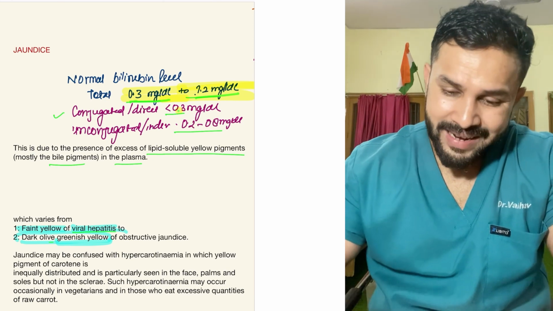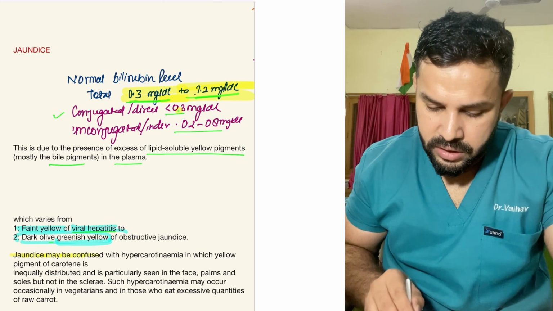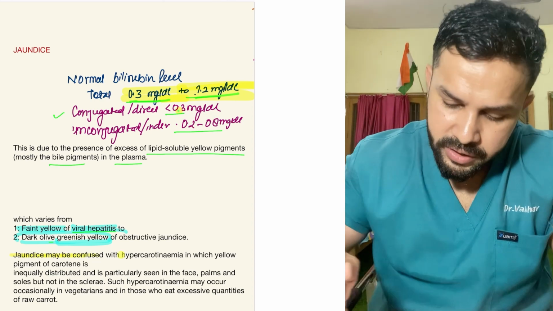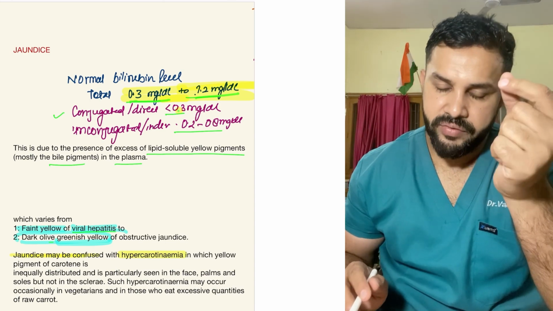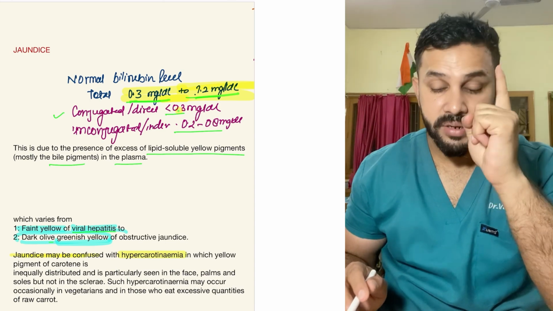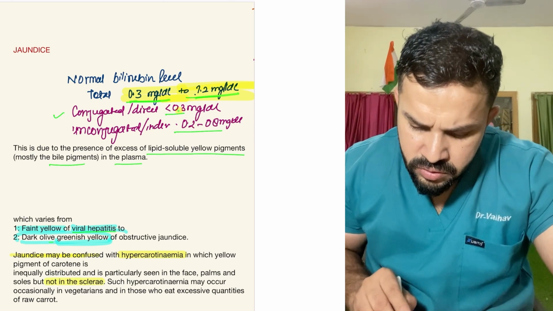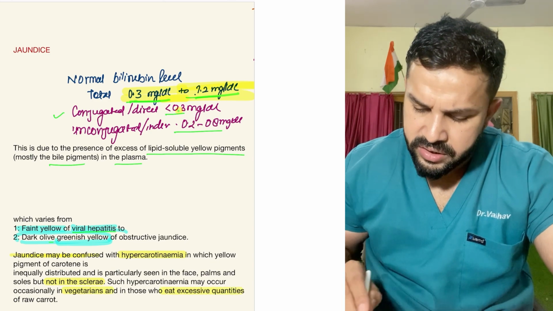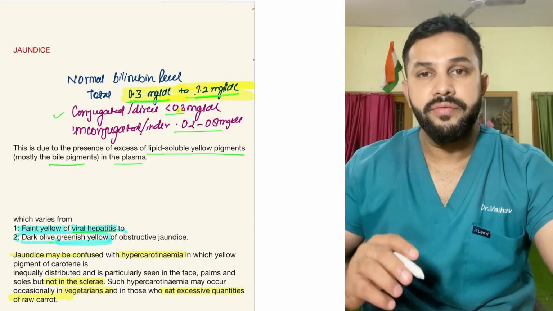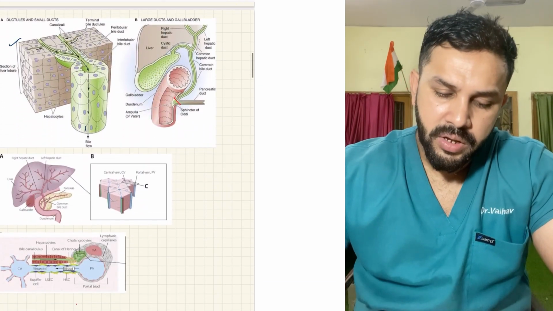Another differential diagnosis for jaundice, which may be confused, is hypercarotenemia. In jaundice there will be discoloration of the sclera, but in hypercarotenemia there is no discoloration of the sclera. Plus it is seen in vegetarians who eat an excess quantity of raw carrot. So this is the differentiating feature. Now coming to